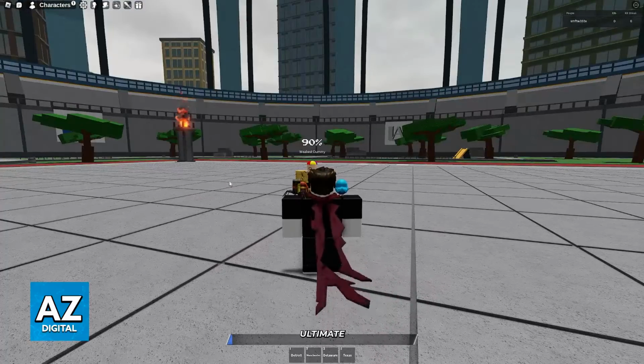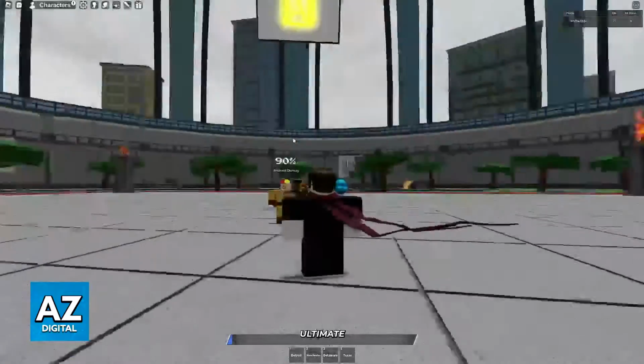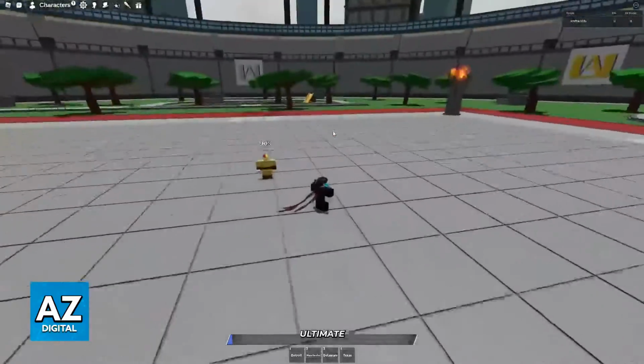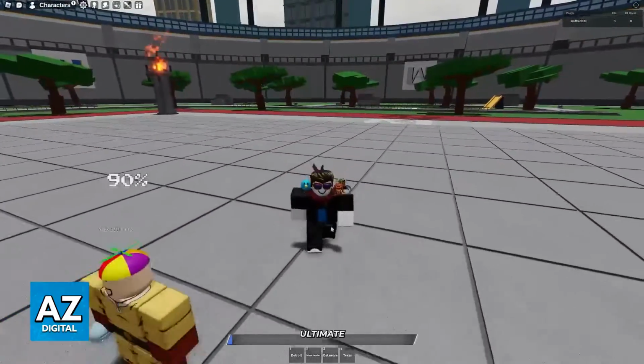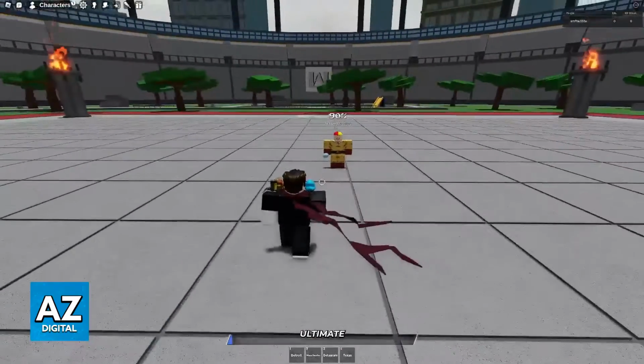If I disable shift lock, however, I'm free to move my mouse and my camera won't move unless I press either the right click down or I move it here. And then I can move my camera independently from my character and vice versa. So all that you have to do is press shift.